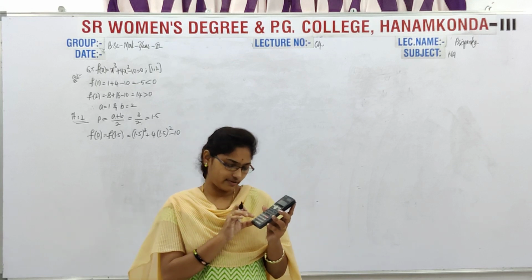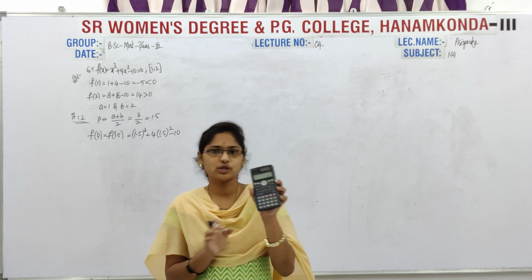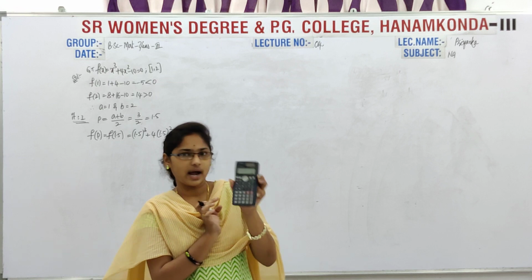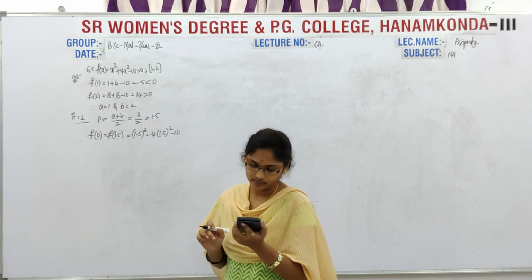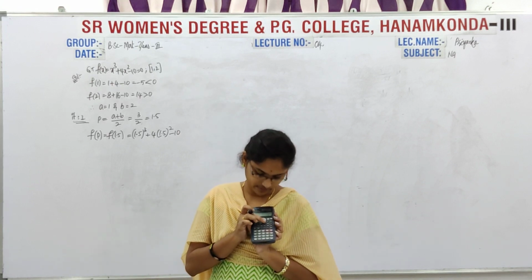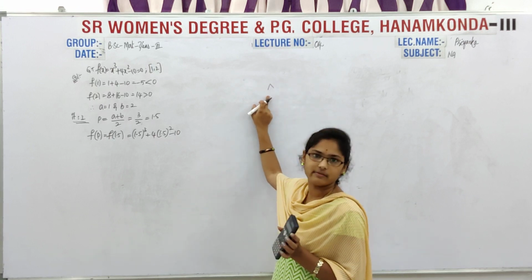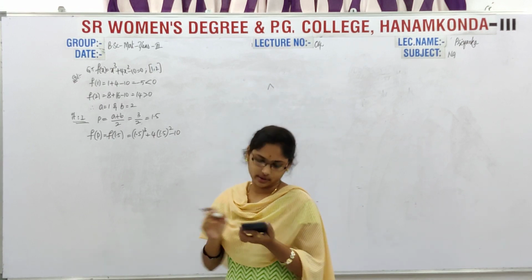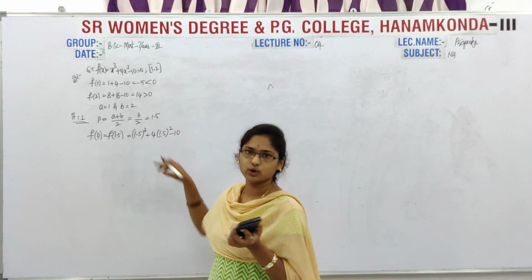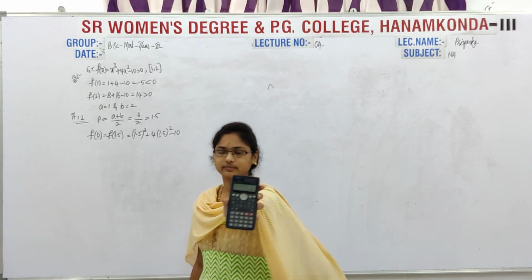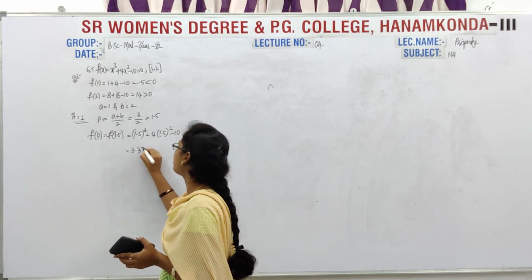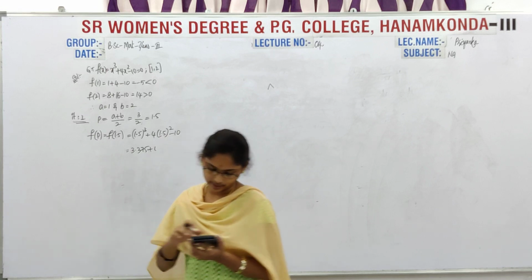directly. First I have 1.5 whole cubed, so I am using opening and closing brackets. Open bracket 1.5 and close bracket, and next we have one button, under this button, the middle one, we have the power button. Just click on that and you will get the symbol, and here we have cube, so simply press 3. Then finally we will get the answer, 3.375. At a time you can also calculate this one, but I am not going to do that.